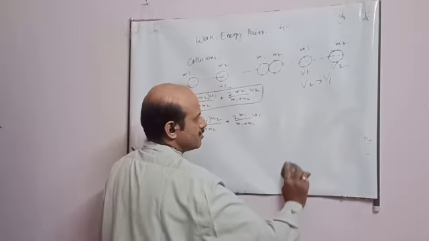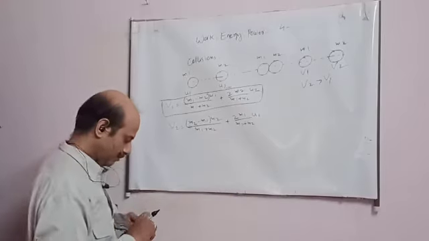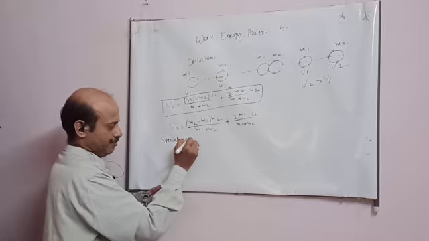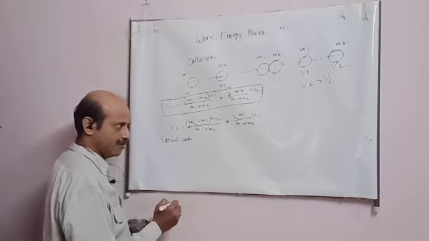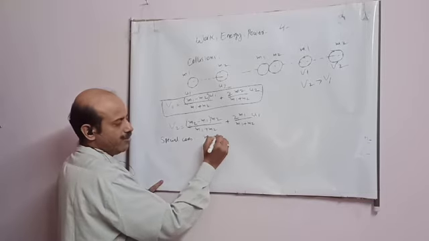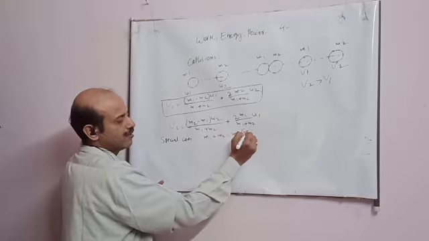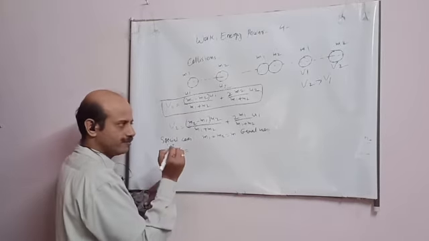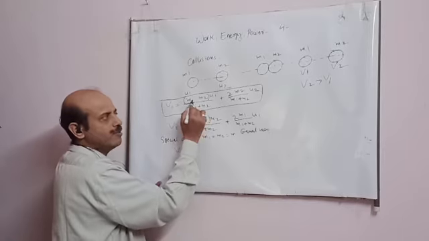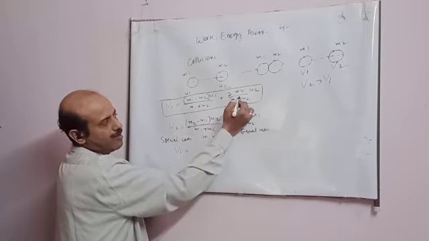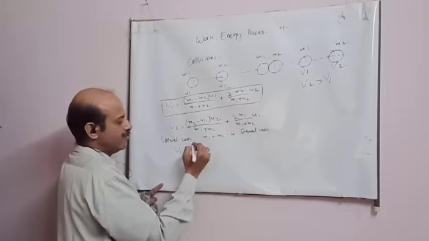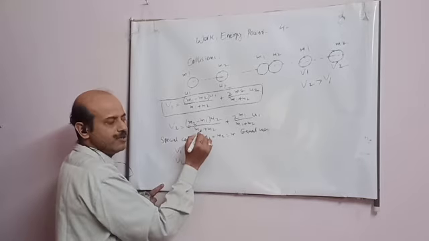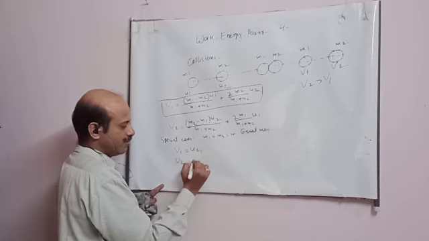Now, student, special cases. Special cases is a very important term, and special cases are mostly asked. Two bodies which are colliding are of equal mass. Now from here, v1 is equal to, this will become 0, 2m, and m plus m is 2m, the 2 will cancel, so v1 will become u2. Now here v2, this will become 0, m plus m is 2m, cancel, u1.